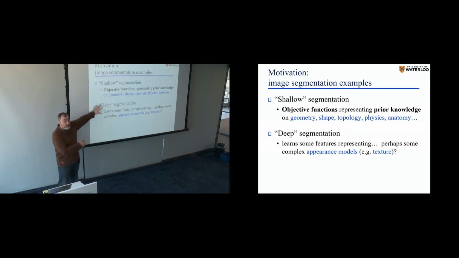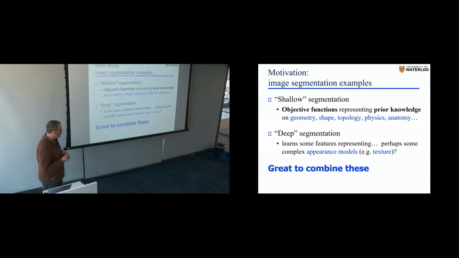So this is definitely where you get lots of leverage nowadays. But we did learn, because the appearance models were weak, we really focused a lot of research on picking up geometry, shape, topology, and all those high-level properties, and somehow representing them through various objective functions and optimizing them. So it would be great to combine this, because you do want, besides the appearance model, to have something else. And I'm not saying that I know how to do it. I'll just say this is a general thing.